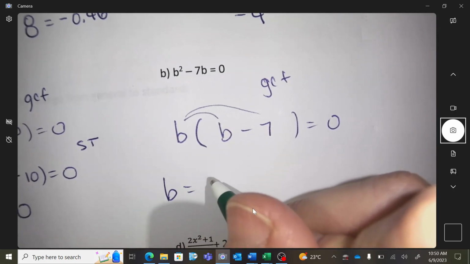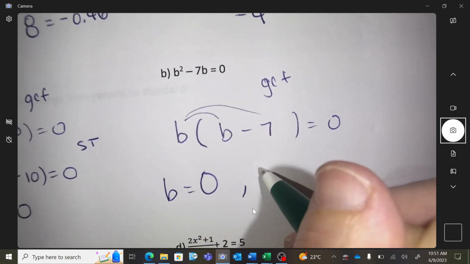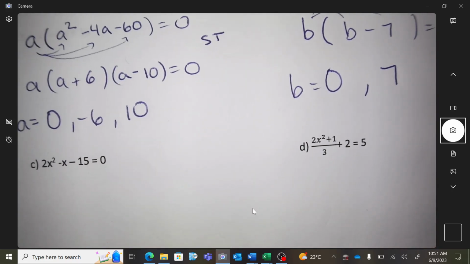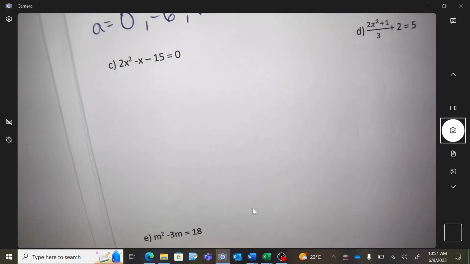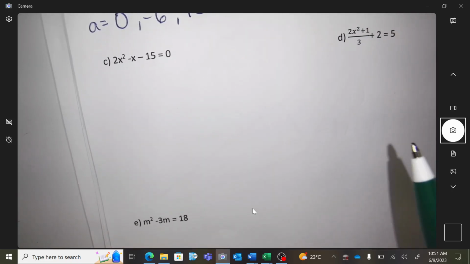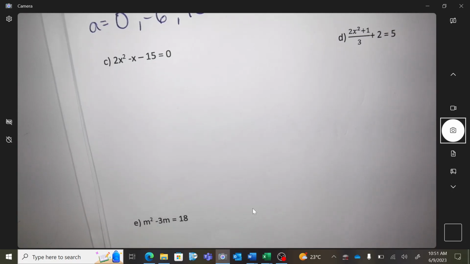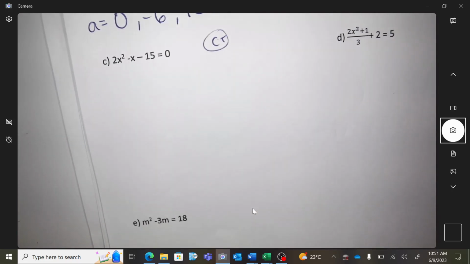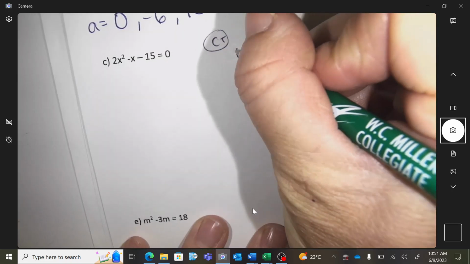So B equals 0 again on that, and 7. What part of the algebra branch would you do on this one? Complex trinomial is the type. Okay, how do we start up complex trinomials? Flow number